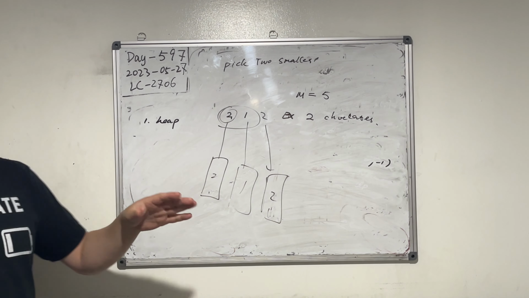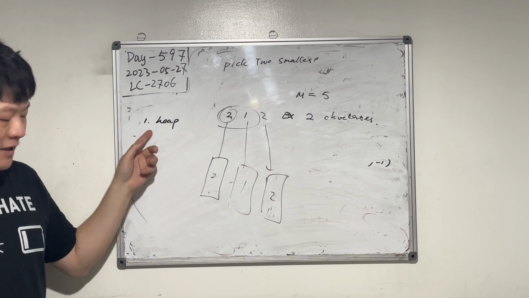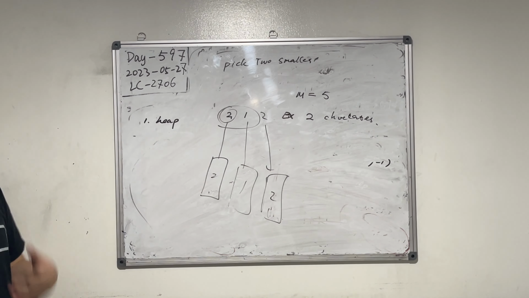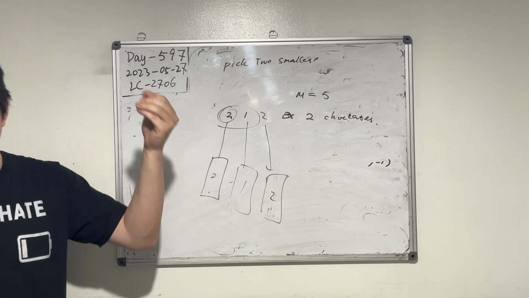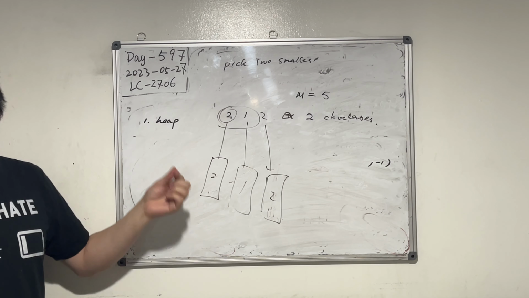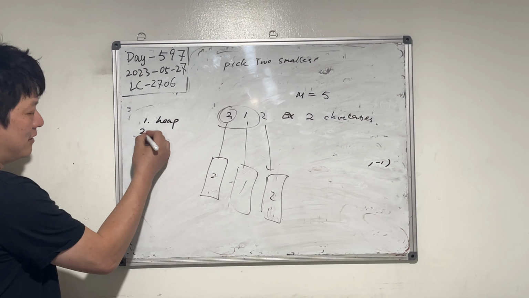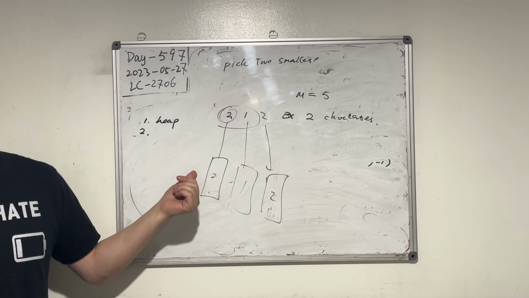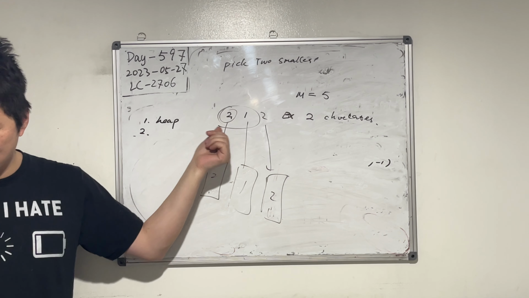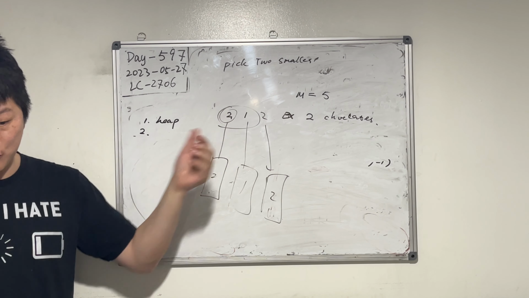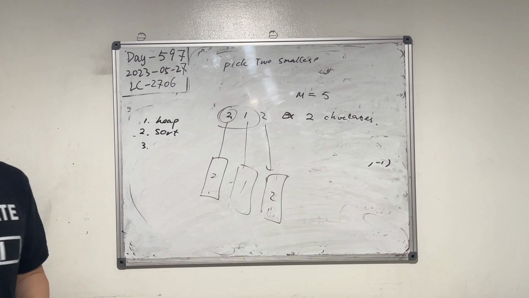So there are a couple of ways of finding the 2 smallest. Ryan, you said a heap. Yeah, we can maintain a heap. We can heapify the array, and then each time a heap pop gives the smallest. Okay, what's another solution? Sort. Okay, so sorting is good. The third one is that we can